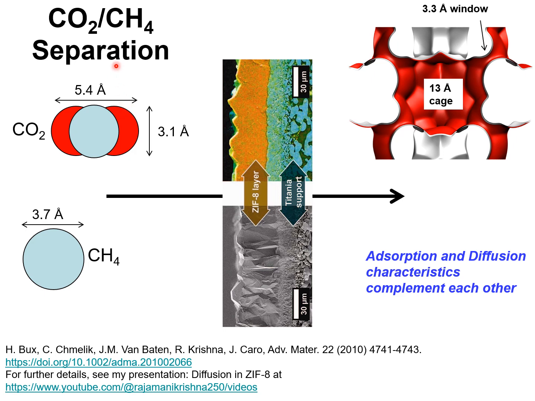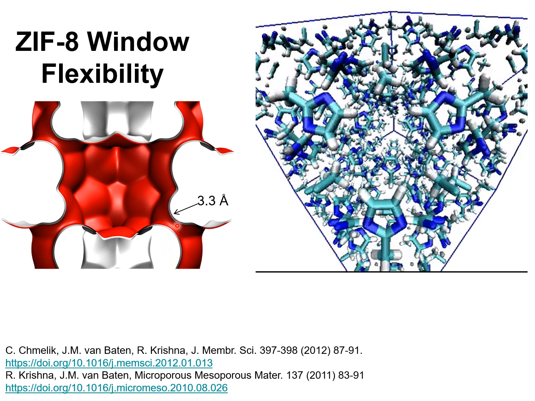good choice for separation of mixtures of, say, carbon dioxide, methane, carbon dioxide, hydrogen, methane, hydrogen. And the important advantage of ZIF-8 for CO2 methane separation is both adsorption and diffusion complement each other, leading to high permeation selectivities in favor of carbon dioxide. Let us examine the flexibility of the windows of ZIF-8. I'd like to show you